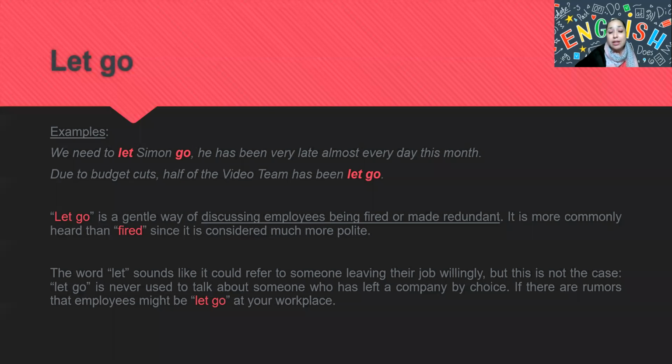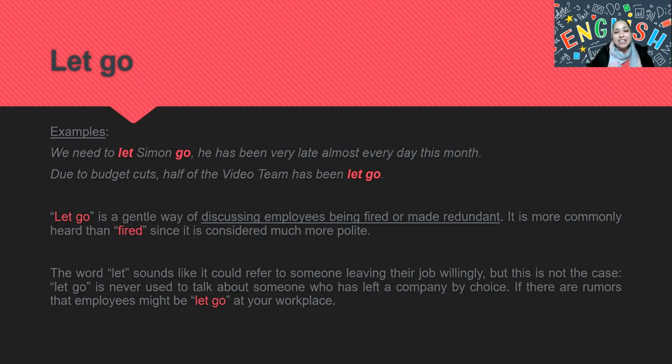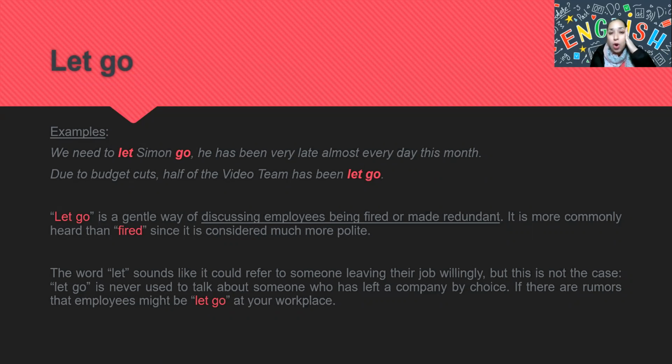The word let sounds like it could be Let It Go. Exactly. And in the song you're referring to, Let It Go, that is from the Frozen movie. He's saying that way: let it go, leave it, let it in the past. Don't complicate yourself with it anymore. This character, Elsa, was so worried about what people thought about her. She was afraid she wouldn't move, she wouldn't show her capabilities. But the song is about that: don't worry about that anymore and leave.